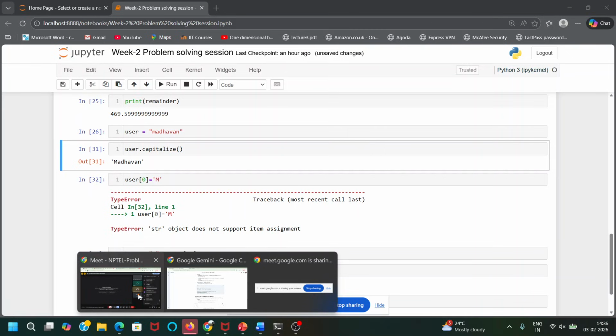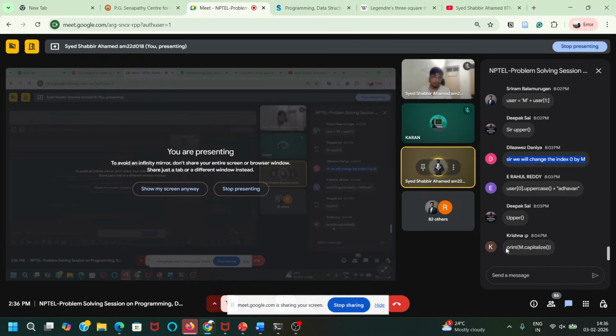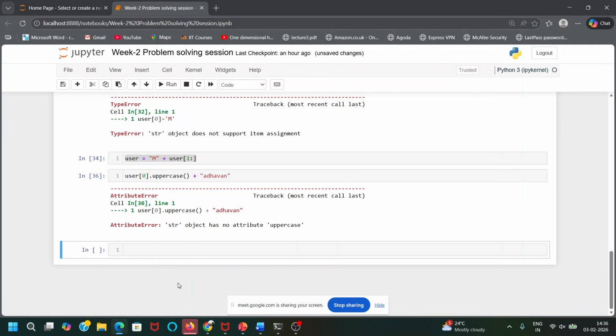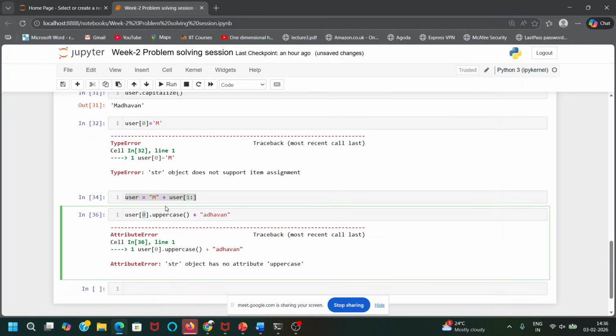Some other answers we also got. Print m dot capitalize. What is m? User 0 dot uppercase plus, Rahul. Let's see what your answer does. Strings don't have this.